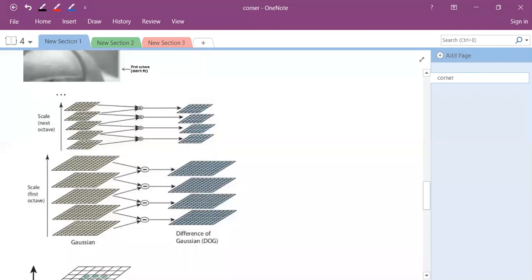This diagram can be understood as the difference of Gaussian in each octave. In the first octave, you have to utilize two values of the sigma, and you have to take the difference between this one image and this one image. And after making the difference, this is your answer: difference of Gaussian, difference of Gaussian, difference of Gaussian. So it is just like the training and testing purpose. You have to do it for the next octave also. You have to test the images for the different sigma values and take the differences.